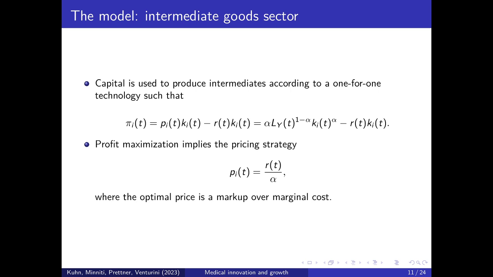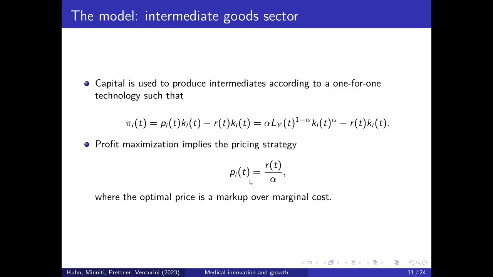Why do they do that? Well, because that's the optimal thing to do, because there is free entry into the intermediate goods producing sector. So whenever a firm would bid a lower price for the patent, then there would always be another firm willing to outbid this firm. So in equilibrium, the total stream of discounted operating profits will be used to pay for the patent.